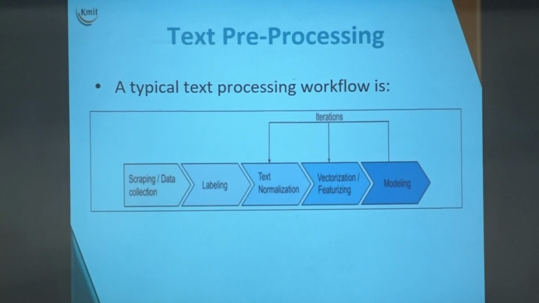So you can understand this embedding layer as a wrapper that is present before you give data to any RNN model or an LSTM model. This text pre-processing is very, very important, wherein you scrape or collect your data, label that data, and normalize that text. Very important is that vectorization part. That vectorization is what we are going to see today, and then it is given to a particular model. Clear enough? For any sequential model that you are working on, these are the text pre-processing steps that you have to